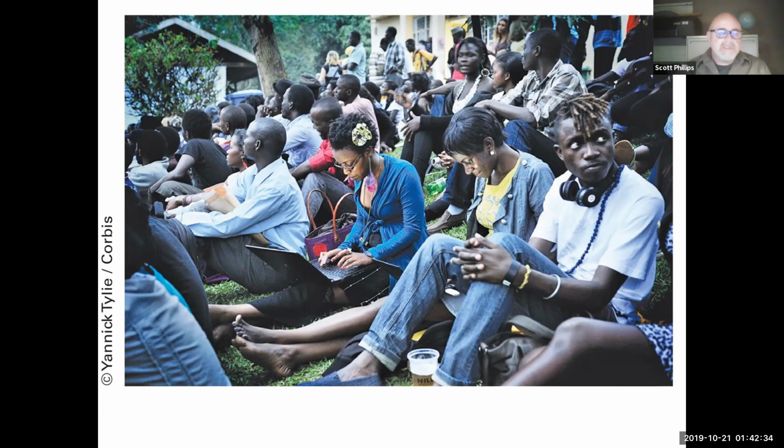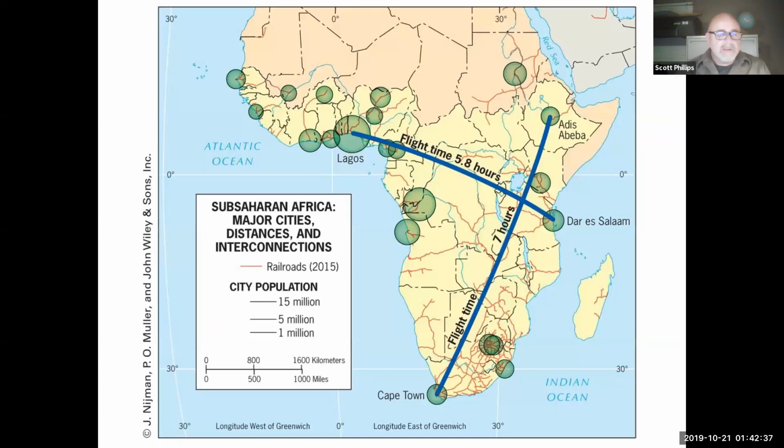Now, one of the disadvantages, though, is just the sheer size of Africa. Africa is a very large place. These are examples of flight time between the southern part of Africa and Ethiopia. This is a 7-hour flight, and then from east to west, a nearly 6-hour flight. The other thing is that railroads were not built to connect Africa together as they are in Europe. Railroads were built more for extractive purposes, like leading from the interior to the coast, not to connect country to country. So that's a disadvantage for transportation as well.